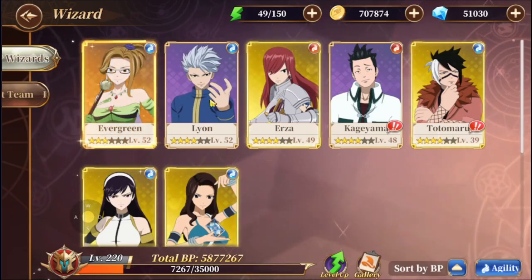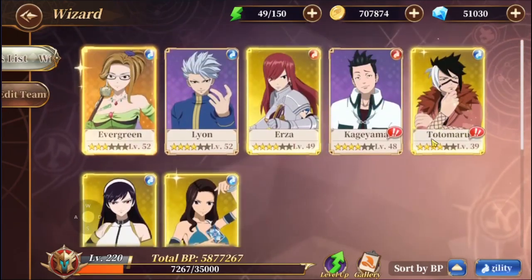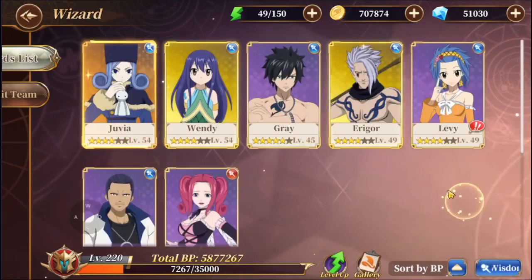So that's something you have to bear in mind here. But yeah, for agility, definitely Ikaruga if you have her. Otherwise, Totemaru is the best choice, or just whoever you have that happens to be leveled up in this faction. Then for wisdom,